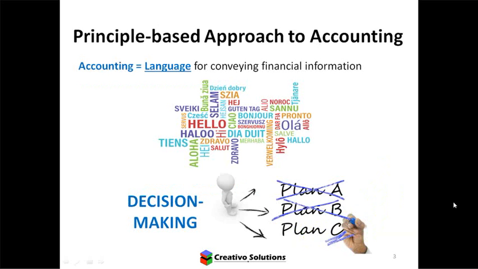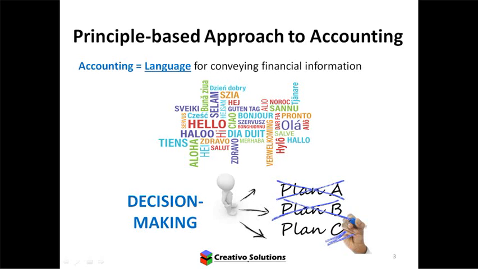For today's video, we're going to be looking at the principle-based approach again, and we're going to expand on the actual accounting process. So what are we actually going to need to get the information that's so valuable for the decision makers? The first bit that we need to revise from the previous video, if you haven't watched that video, please go back and view video number 3, covering the accounting language of doing business.